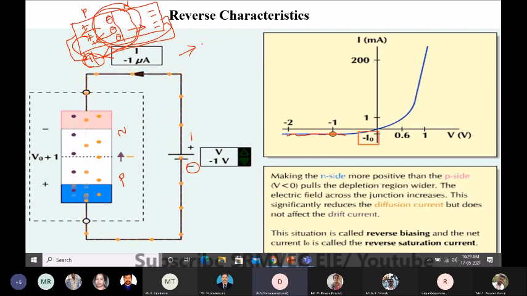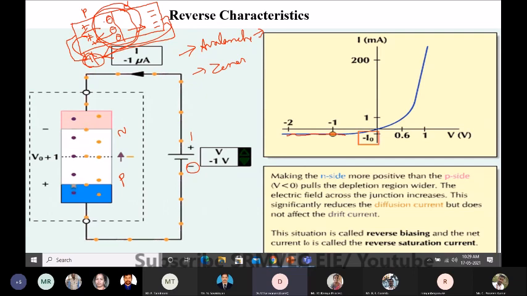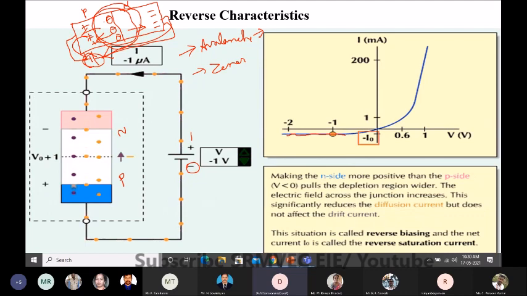So one we call avalanche, and the other one is called Zener. So what do you mean by avalanche? Avalanche is nothing but when more voltage and more temperature are created, and as the supply, that is the external energy, is very high and internally there is no free charge carrier, the covalent bonding will vibrate and break down.